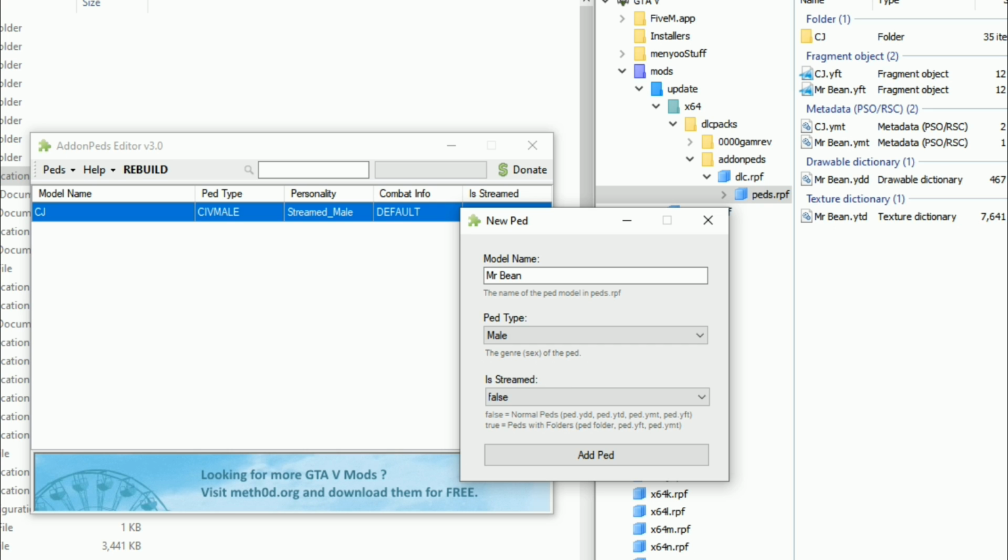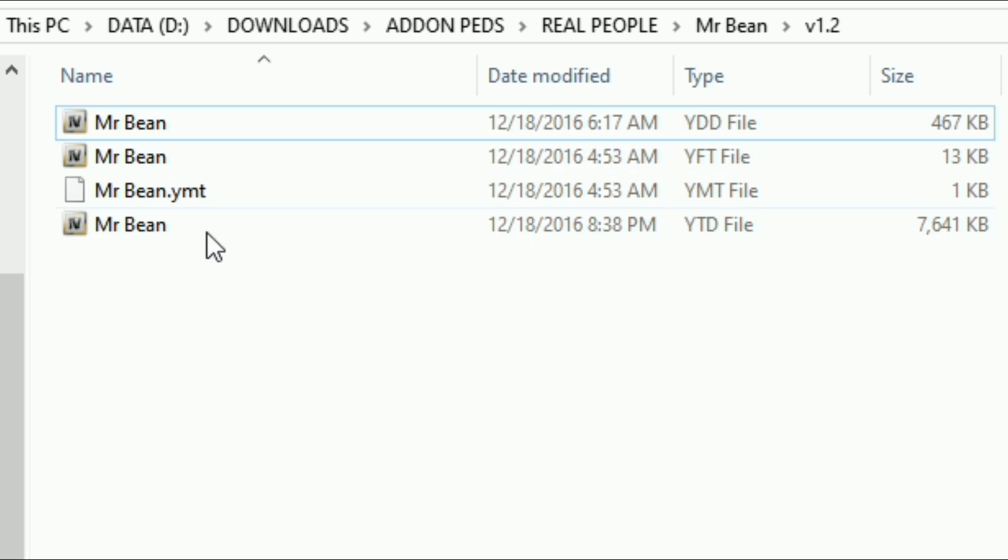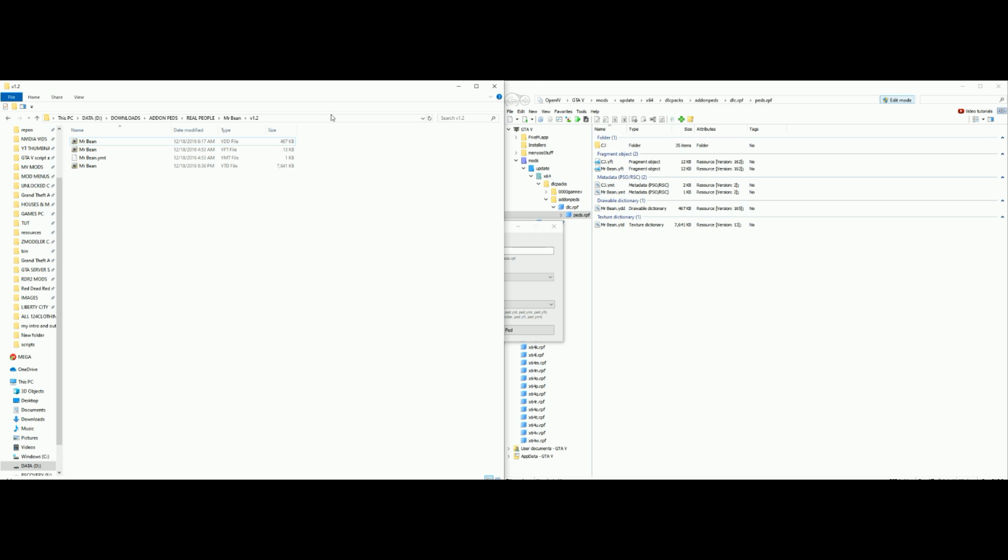Okay, this is what Mr. Bean comes with right here. This is Mr. Bean's add-on files right here. So these are the ones that are not streamed because they do not have a folder. The only ones that are streamed are the ones that come with a folder. All right, so let's go back to our